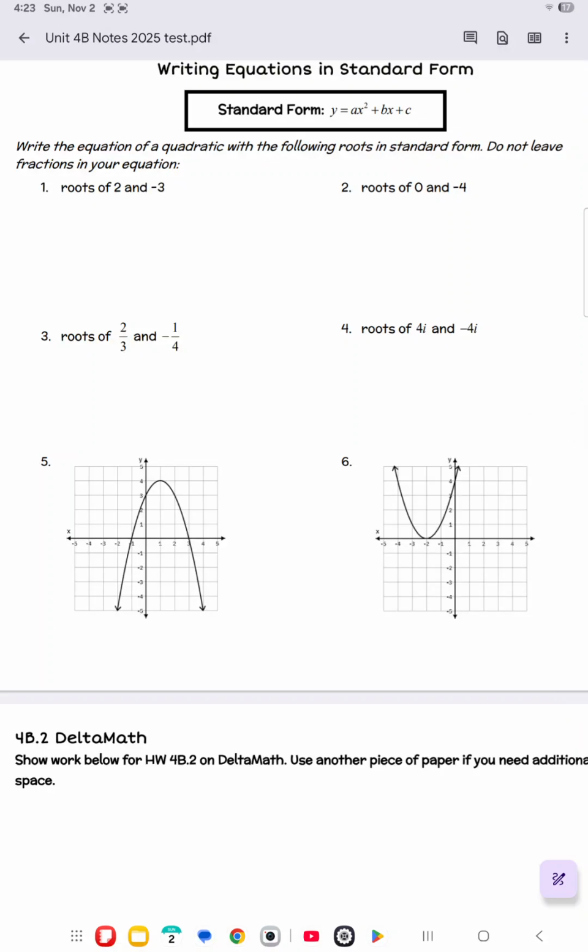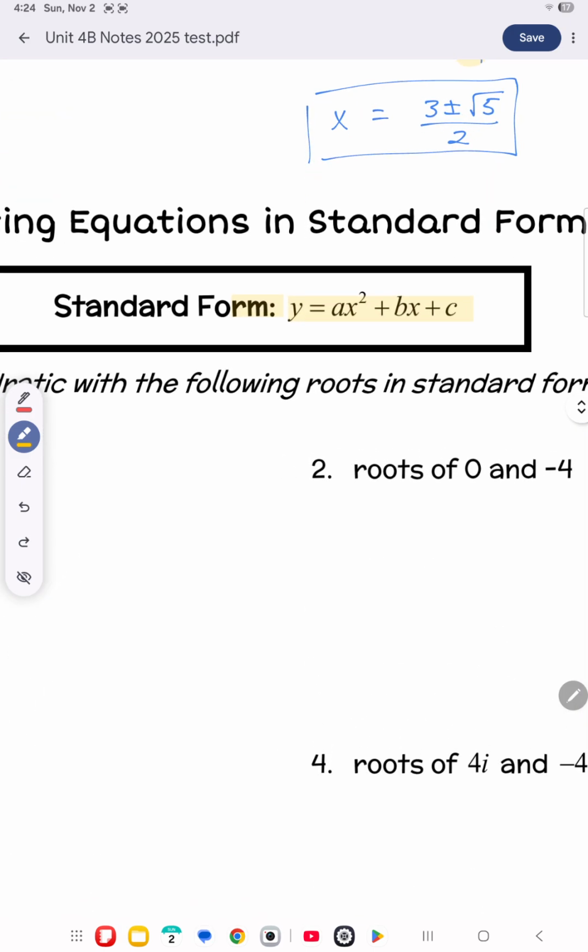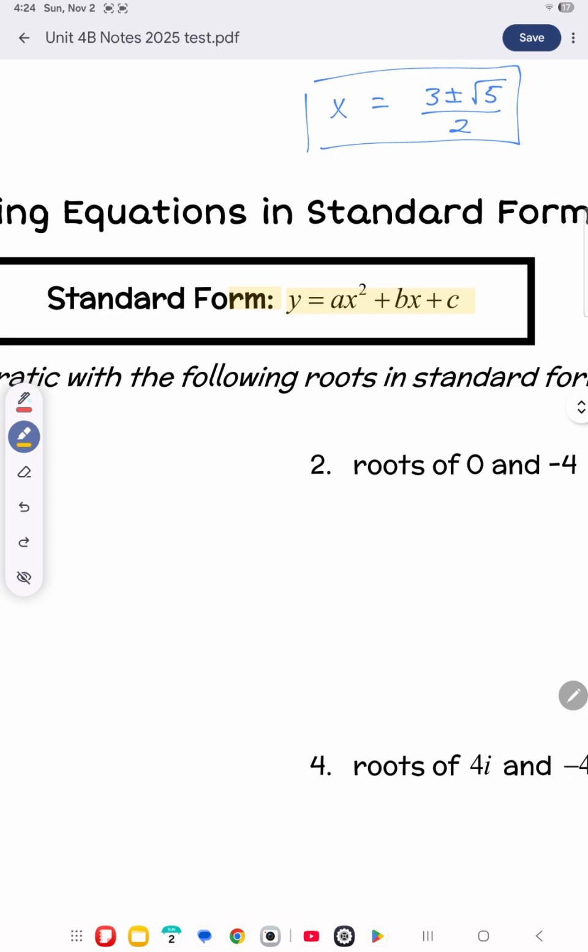Right, last bit of information I wanted to go over today is writing equations in standard form. So you've seen standard form for a while. We know what it looks like. It is this: y equals ax squared plus bx plus c. All right. Now, what we've done mostly is started with this and either factored it or completed the square or